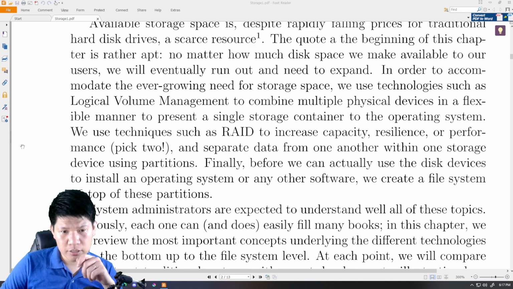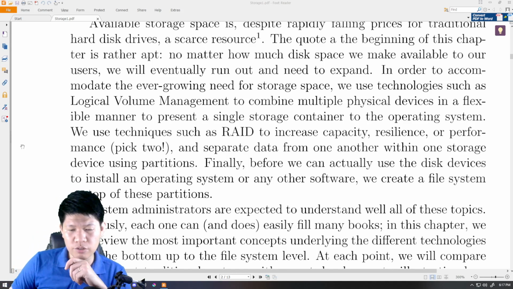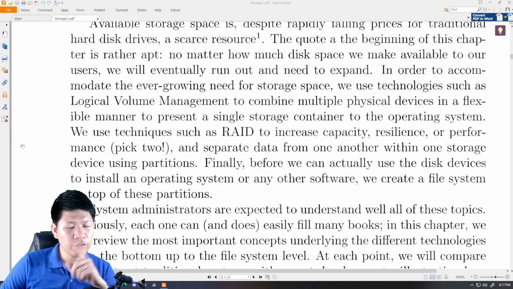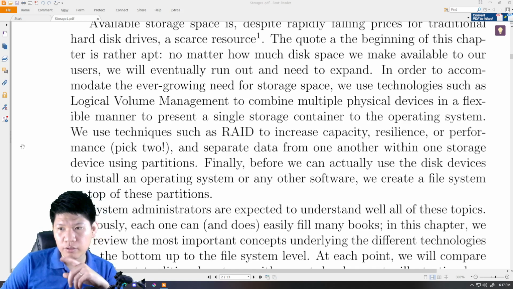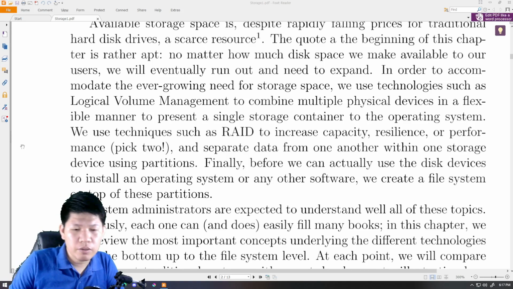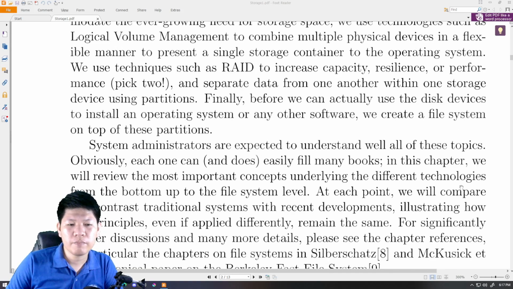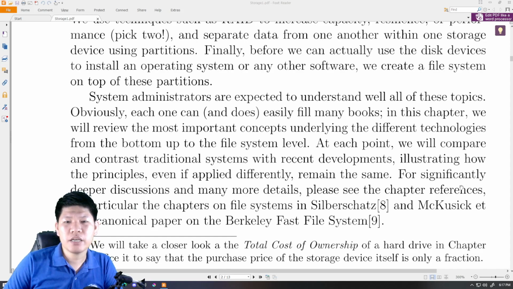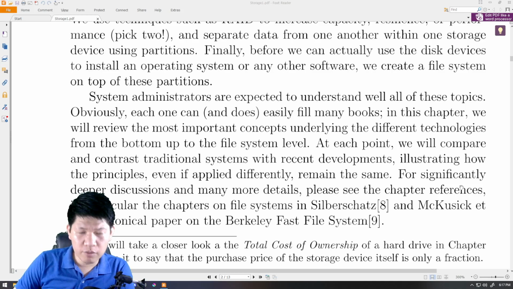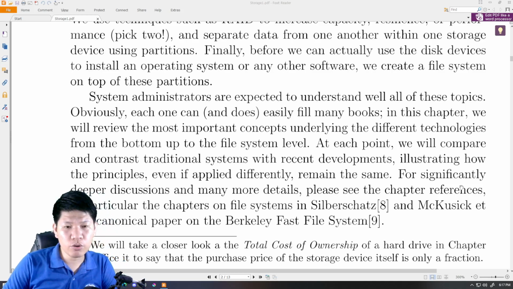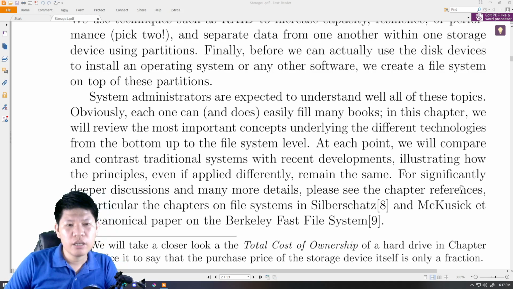There will be errors. And it's also very hard to configure if one hard drive fails, especially the parity disk that we call. We will discuss that further as we proceed with our discussion. System administrators are expected to understand well all of this topic, the setting up of storage spaces, and obviously